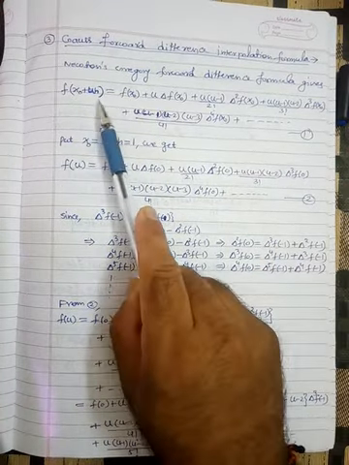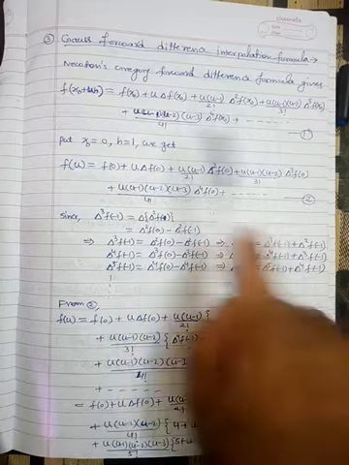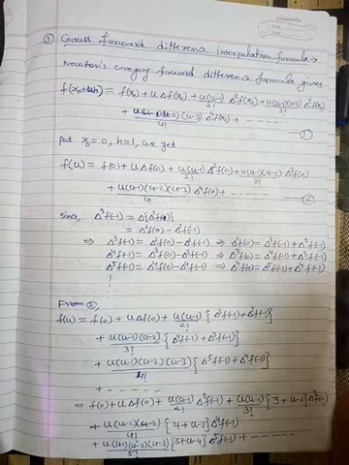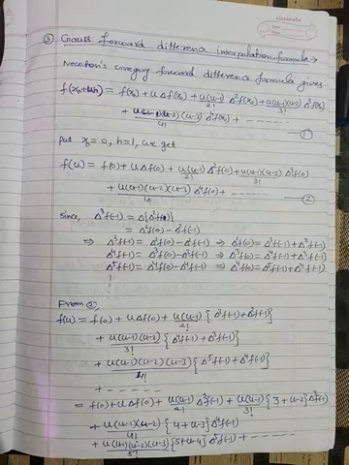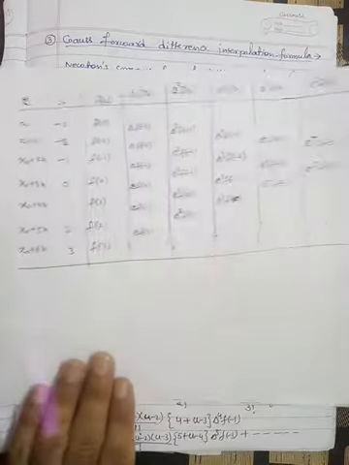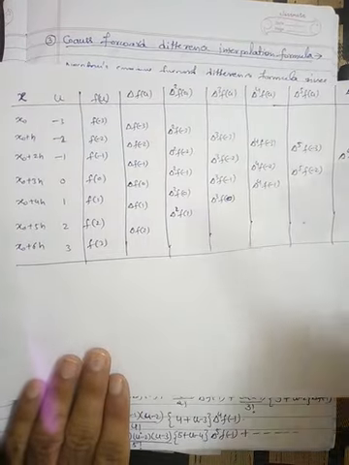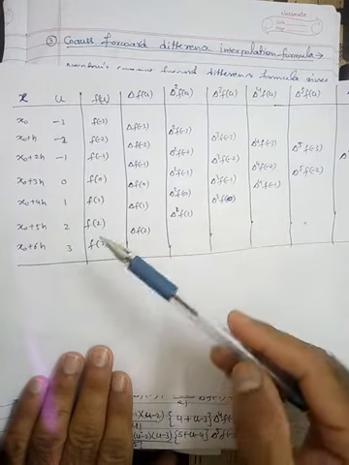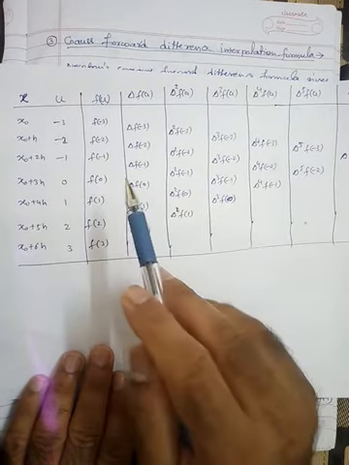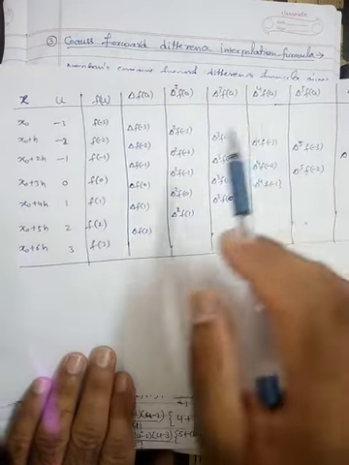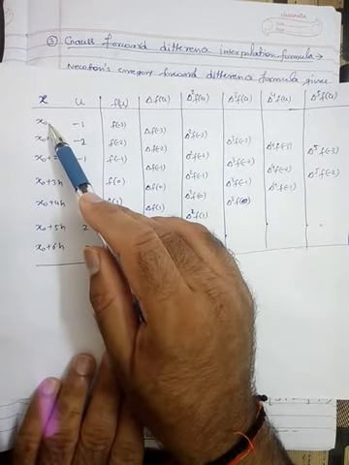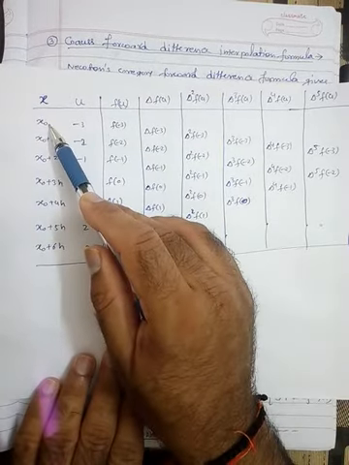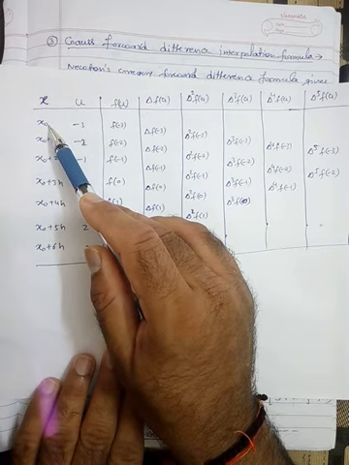f of x naught plus u h is equal to this. We have already discussed the derivation of this formula. Fine. What is the problem? The problem is that you can understand. This is, for example, the difference table. If the desired value is near the top of the table, then generally we will apply the forward difference formula, Newton's Gregory forward difference formula,